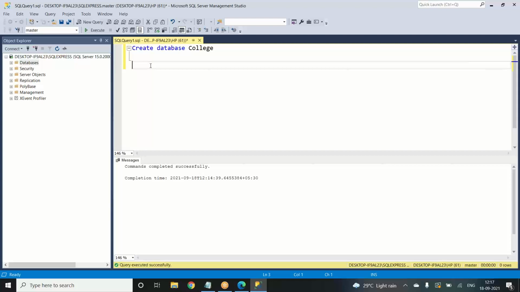So now let's try to come up with the table for the students. For that, what is the command? We would first have create, and then instead of database, it will become table. Create table and the name for that, which is students. So let's keep this one small. Create table students. So we are creating a table called students.